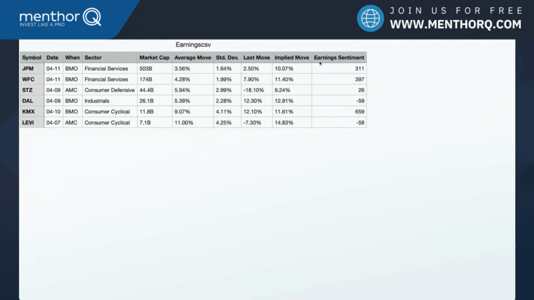The implied move is basically what the at-the-money straddle roughly gives you, and normally we have an average move of this. So normally, what would we have done here? We would have sold some credit and believed that it would stay in range, maybe with an Iron Condor, Short Strangle, or even a butterfly. Or what I like are the calendars. What we do with ManTheQ is we also give you the easy choice to trade with a swing model. We will take a look at this, and I would advise you to stay there.